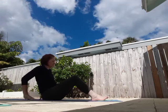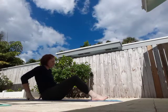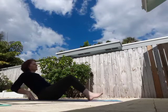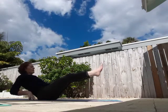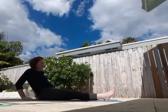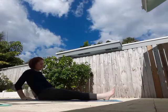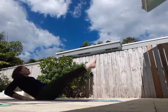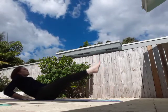We're going to place our fingertips on the mat just behind us and lean back. And you're going to bring your legs out straight. You can also place your hands on the mat if that's easier, which I think I'm going to do. I'm going to breathe in and lift and slowly